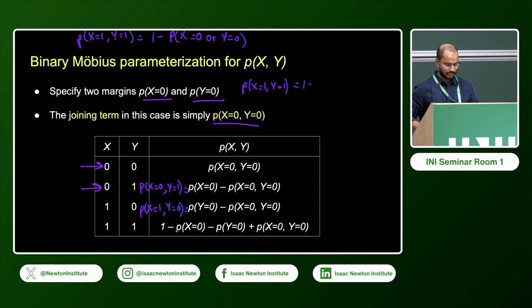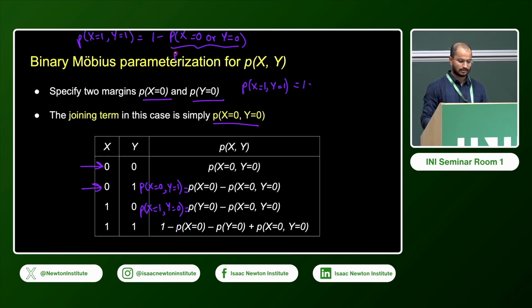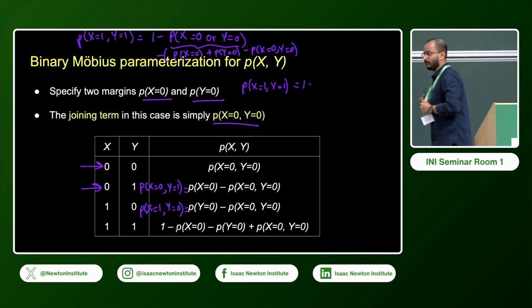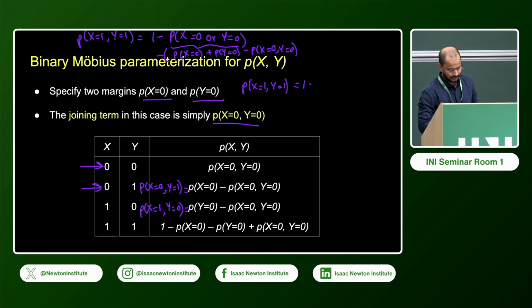And this stuff that you see here, p of x equals 0 plus p of y equals 0 minus p of x equals 0, y equals 0, that's just the inclusion-exclusion principle. So you can rewrite this as p of x equals 0 plus p of y equals 0 minus p of x equals 0 and y equals 0. All right, so that's how you get a full joint distribution, just using these three parameters